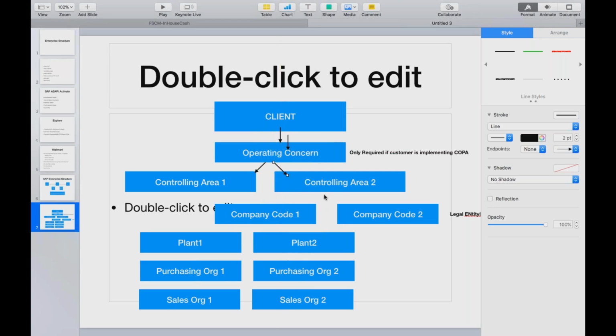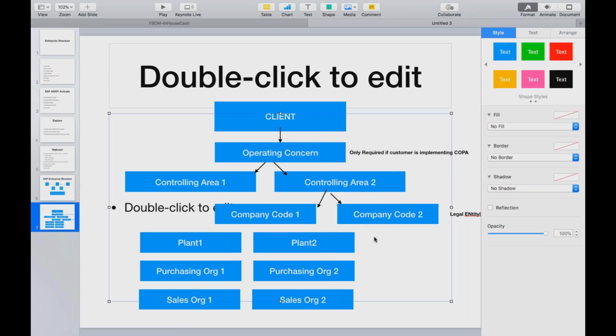Within one operating concern, we can have multiple controlling areas. Similarly, within the controlling areas, we can have multiple company codes. And then within company codes, we can have multiple